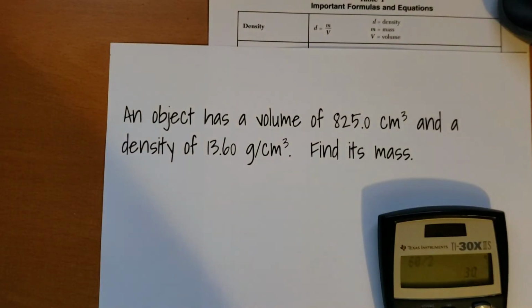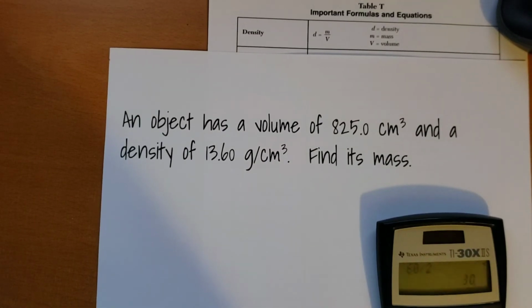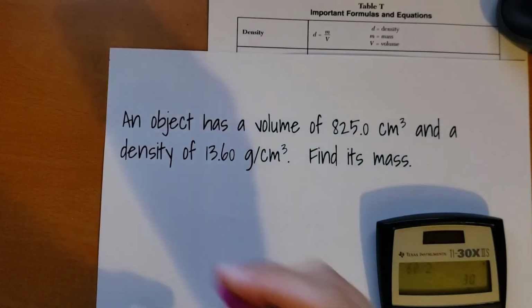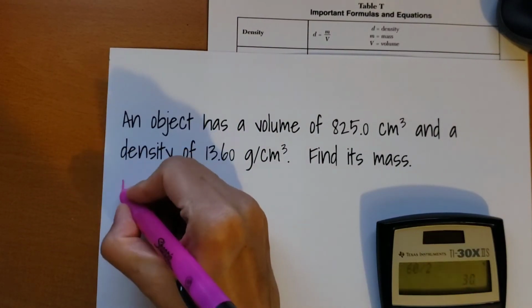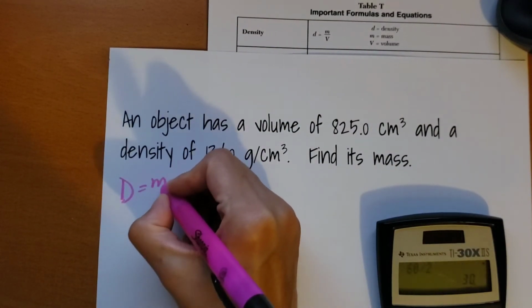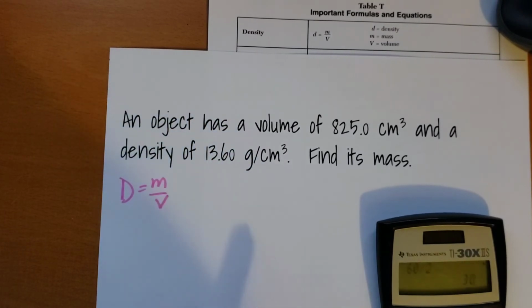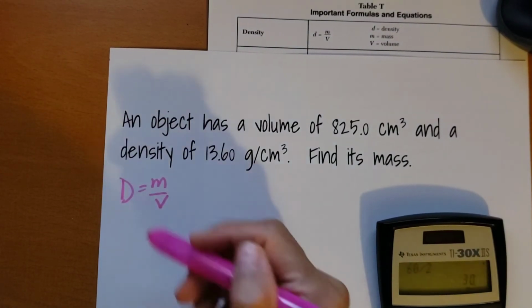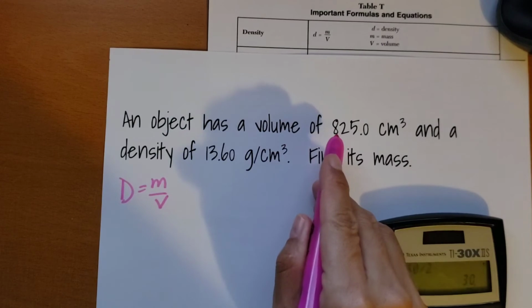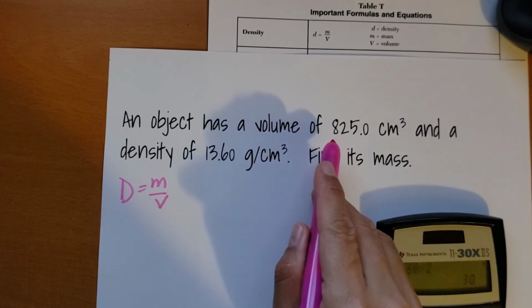Here we are given a volume of 825.0 cubic centimeters and a density of 13.60 grams per centimeter, and we were asked to find the mass. So what we're going to do is we're going to start with the density equation from our reference table. From here, we're going to substitute. So the volume is